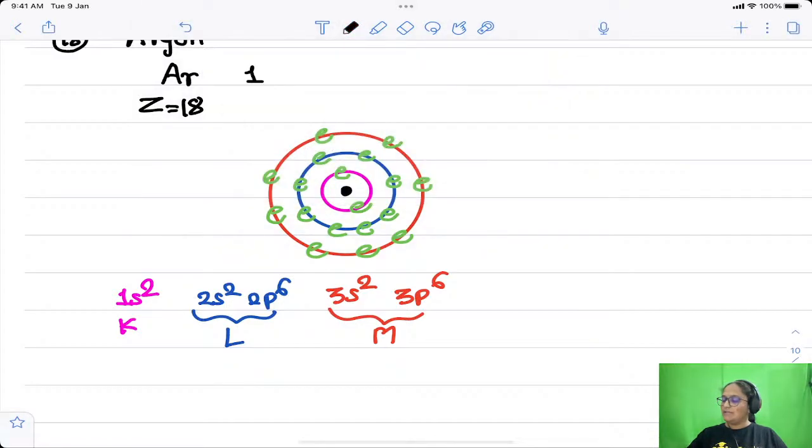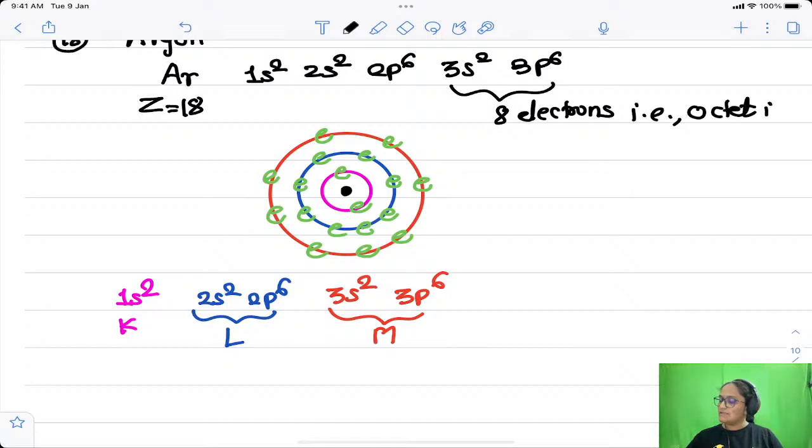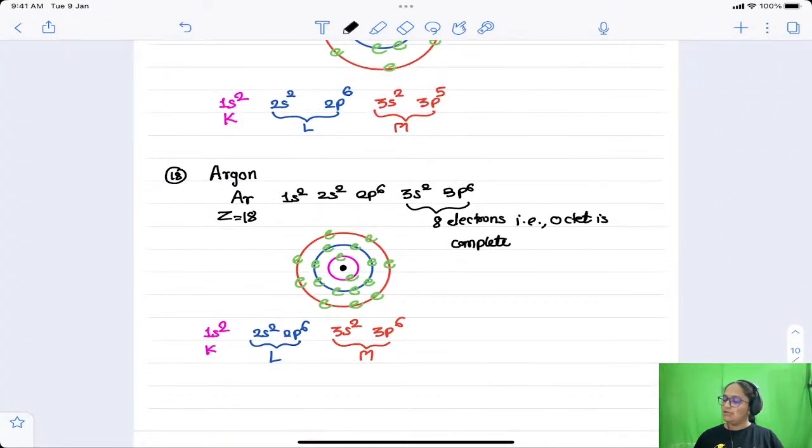Okay, now in the case of argon, if you see its valence shell, that is the last shell, it is the third shell. In the third shell there are 8 electrons, right? 8 electrons means the octet is completed, right? Octet is complete. As its octet is complete, it is stable, and therefore argon is one of the inert gases